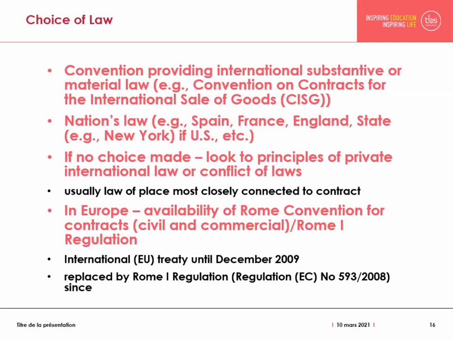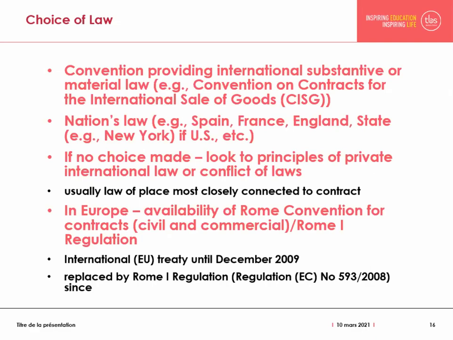In Europe, we have today the Rome I regulation, which sets out whose law will apply if you don't pick a choice of law. It allows, in its Article 4, for you to pick a choice of law. If you don't choose, it sets out criteria for establishing whose law applies. For a purchase contract, for example, that will be the seller's law, the law of the place where the seller is domiciled, which will most likely apply there. Okay,